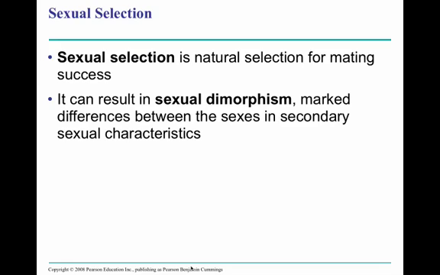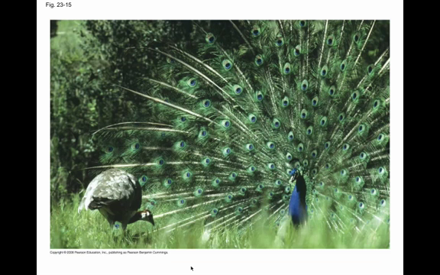Now, one of the consequences of sexual selection is something called sexual dimorphism, marked differences between the sexes in secondary sexual characteristics. So dimorph, two forms. So, such as our own species, where we have a very defined male and female form. Or in the case of these peacocks, okay, the peahen, the female, is to the left, the male, the peacock, is to the right. Now he's got some pretty impressive looks here, right? He's got a lot of colors, got this huge tail,